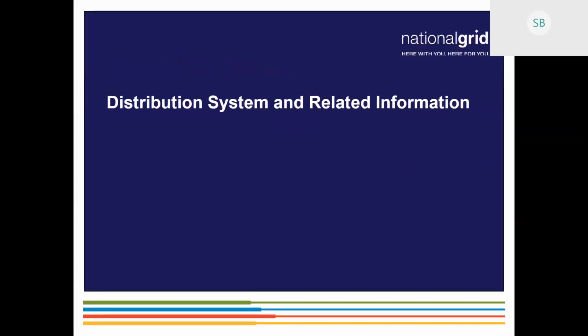Questions on the process that we want to get answered? Yeah, because we are ahead of schedule, I believe, so we can take some questions now. We are holding a half hour at the end of the meeting to take additional questions, but if there are any questions now specific to the simple, expedited, standard process, we can take those.